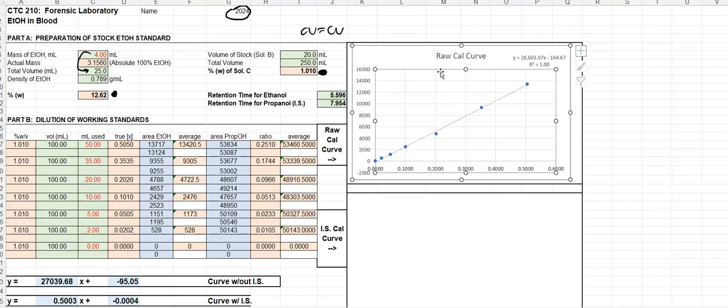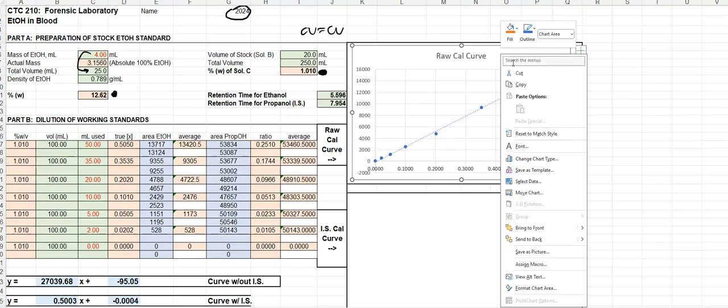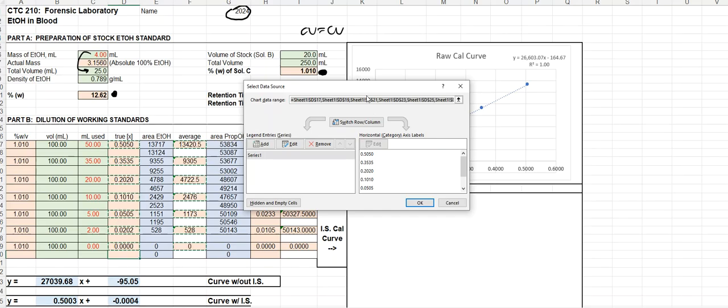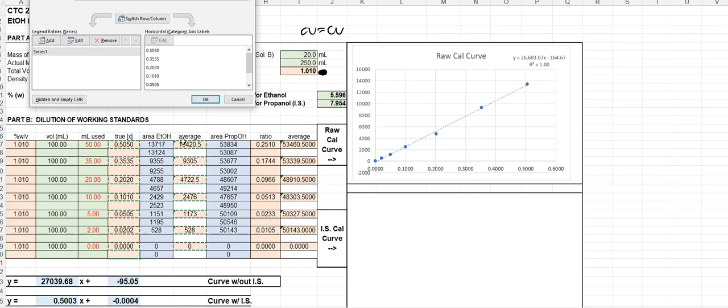So when we do this raw calibration curve, what you are seeing is that this is actually going to be plotted with your concentration. I've highlighted the data. It's your concentration on the x-axis and your average of the ethanols as far as area goes on the y-axis. So what I did is I held down the control button and clicked these values that I wanted plotted, and it knew that those probably needed to stay together, and then it plotted